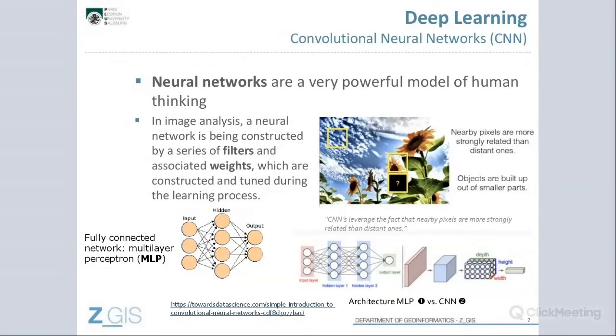How do these neural networks work? Probably we are all aware of the general idea that we have connected neurons, just as our human brain works, and there are certain layers that interact with each other. And obviously, if we connect each and every one of these nodes, then we would have massive neurons and massive networks.